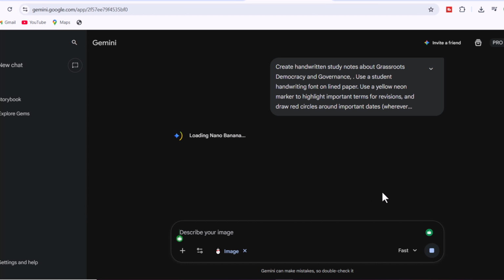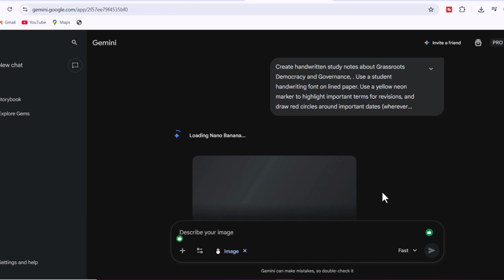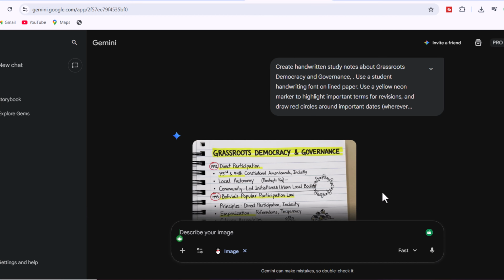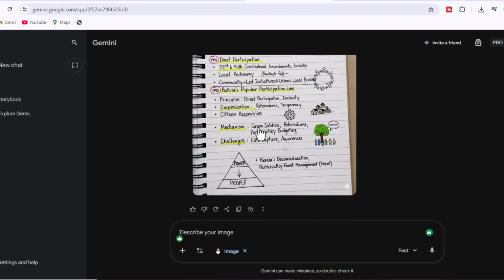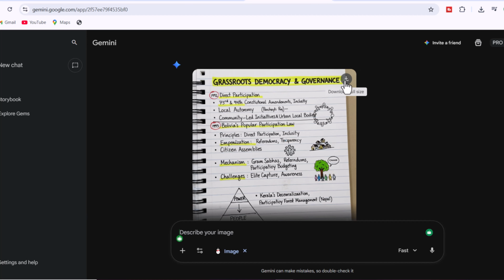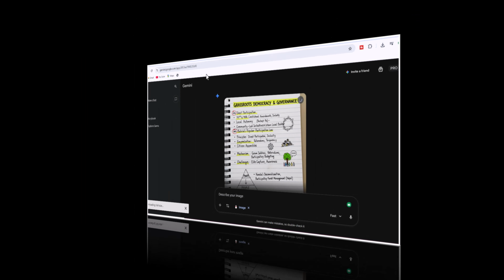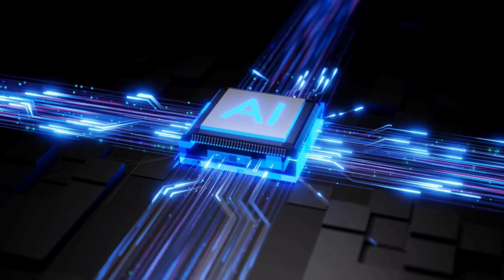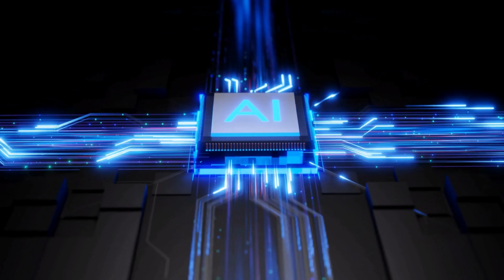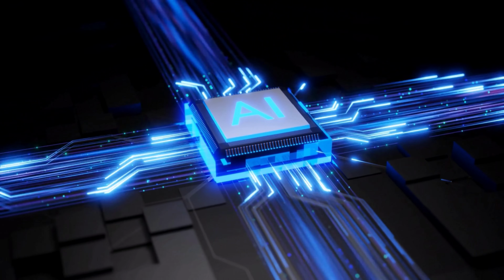So even though this process looks very easy, using AI effectively requires understanding the technical side as well. Just copy-paste won't work every time. That's why in my course, I've covered all these topics in much more detail, how to structure prompts properly and how to give clear instructions to any AI model so that you get your desired results.